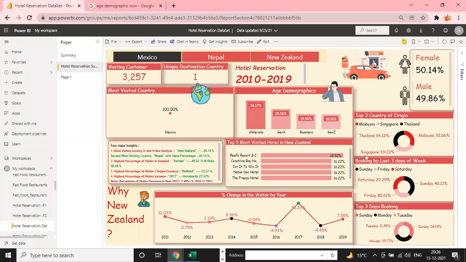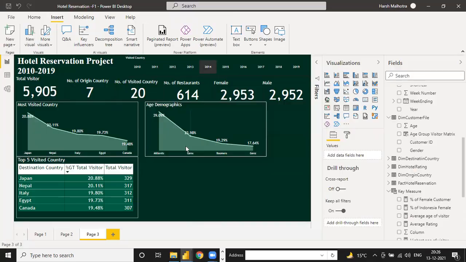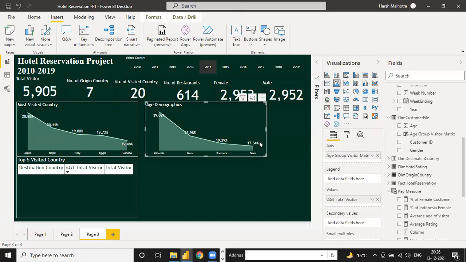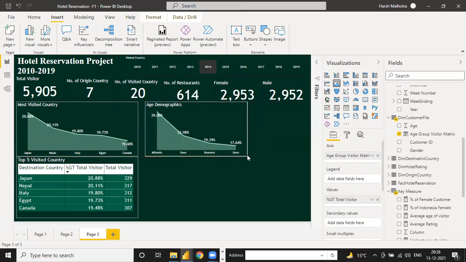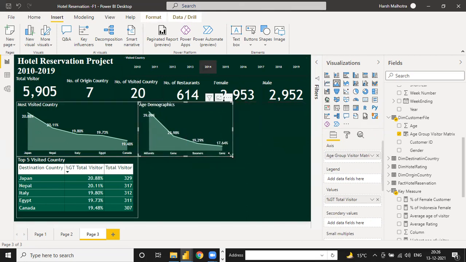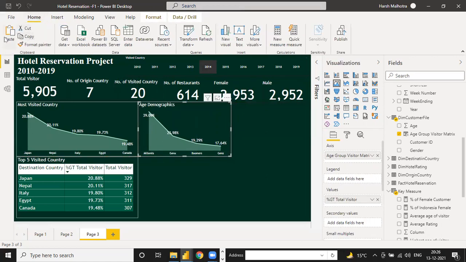Like this, you have to change your pictures. Like see, this is the icon of female and male, this is the country wise, some of the scenario, what is the concept. After this I am going to show you how we can write this. So this is your age demographic, just a little small, because in the same way we have to put one more. Go to home, copy and just paste.